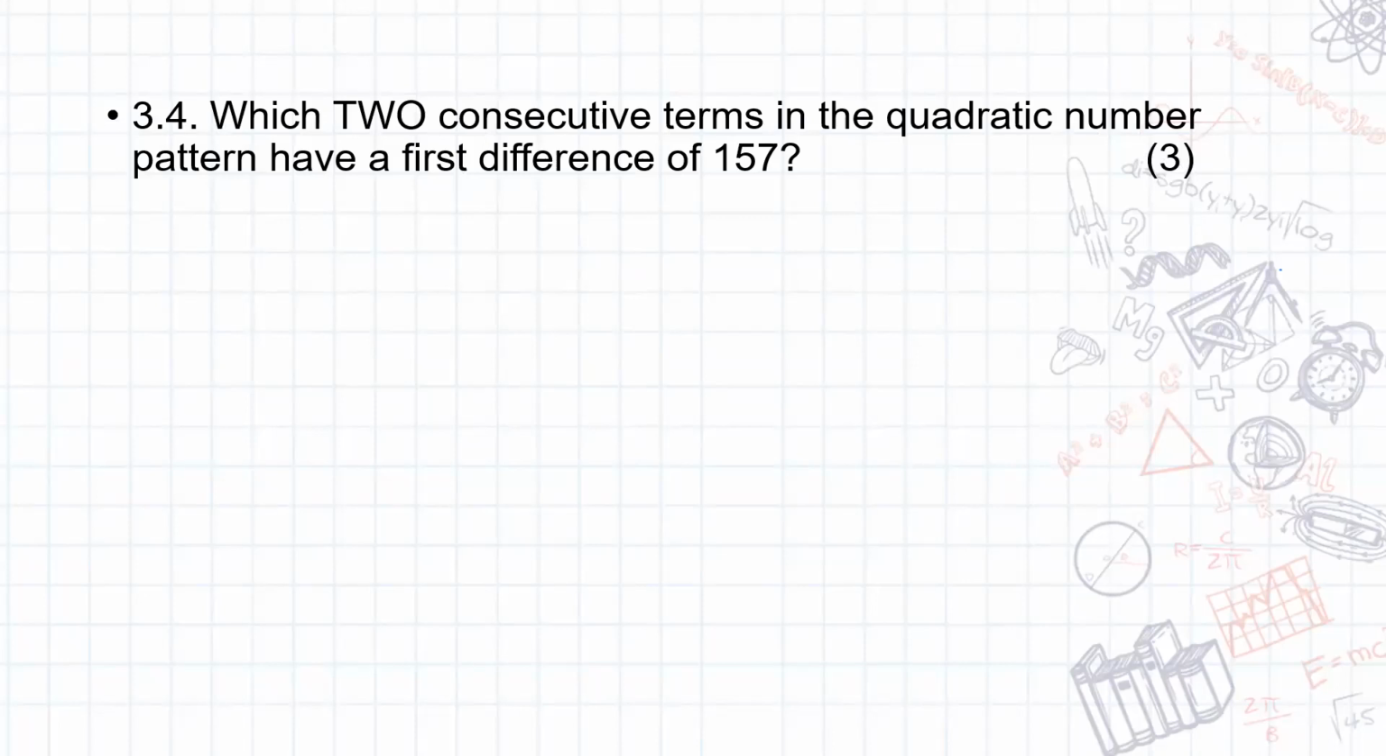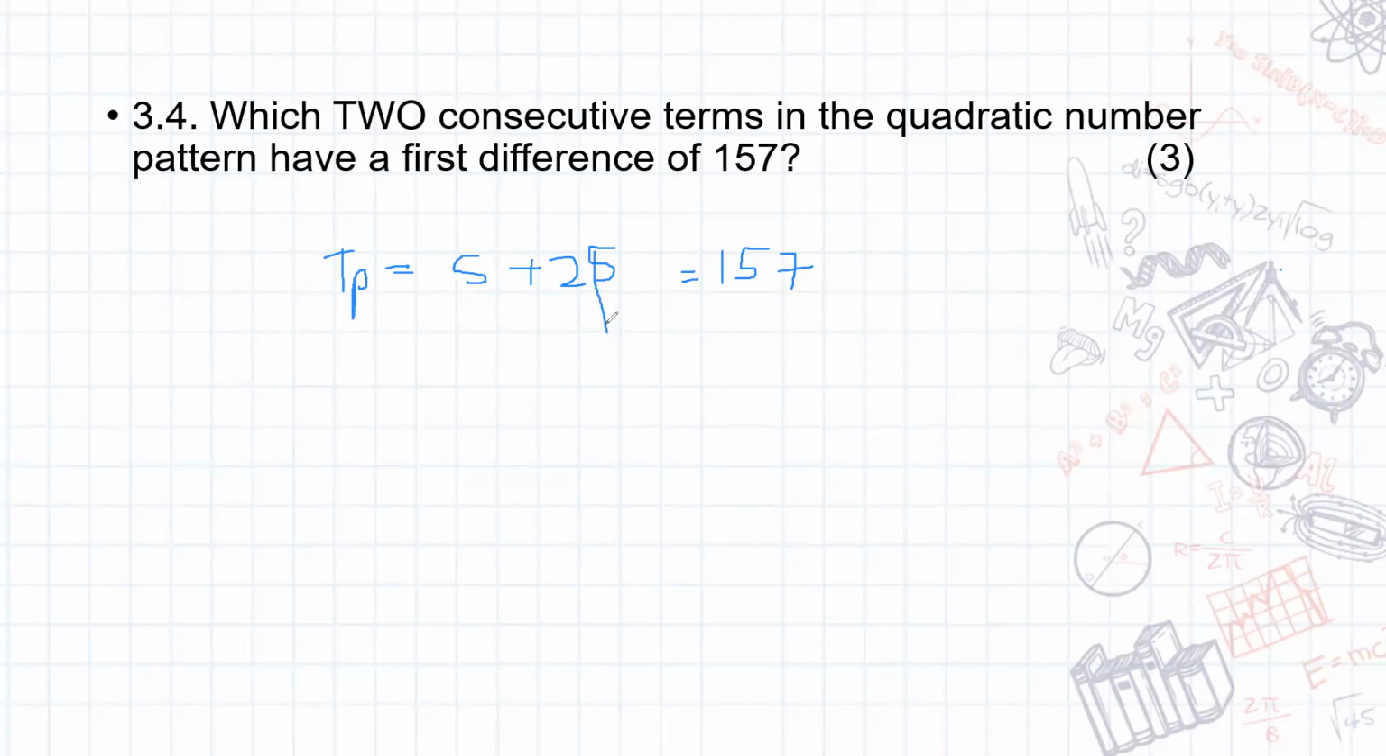Question 3.4 says, which 2 consecutive terms in the quadratic number pattern have a first difference of 157? Now, we've just found the formula where we had Tp is equal to 5 plus 2p. And what it's essentially telling us is that this is the term, which is 157. So we're just going to solve